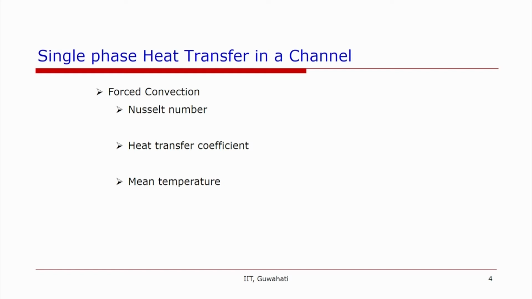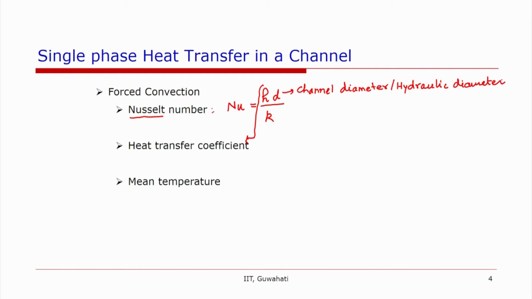So, let us look at some of the basics, because this course is not about heat transfer. So, let us remind ourselves of some of the basics of convective heat transfer. So, when we talk about forced convection, it is often represented by a non-dimensional number which is known as Nusselt number, and it is abbreviated as Nu and given as H d over k, where H is heat transfer coefficient, d can be taken as channel diameter, or in case of non-circular cross sections, one can take this as hydraulic diameter, and k is conductivity